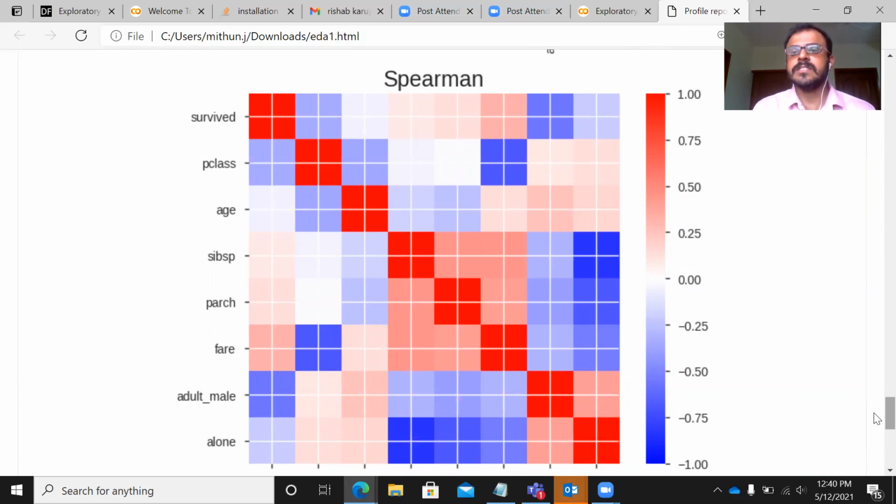So to summarize the discussion that we've had, we've seen how to install Pandas profiling package. We have seen how to generate EDA very, very quickly using Pandas profiling, how we can convert this into an HTML file and download the file and have an interactive session with the various outputs, the various statistics that Pandas profiling gives you.